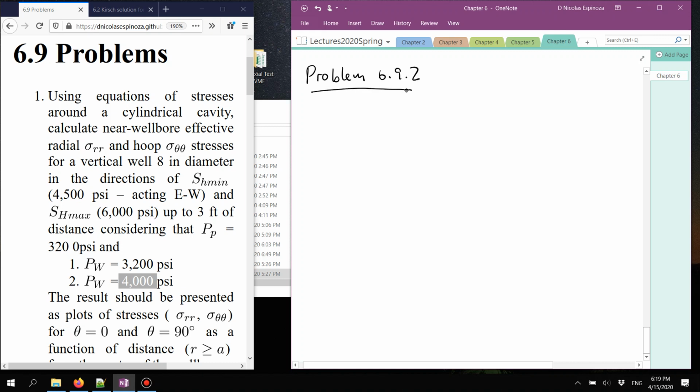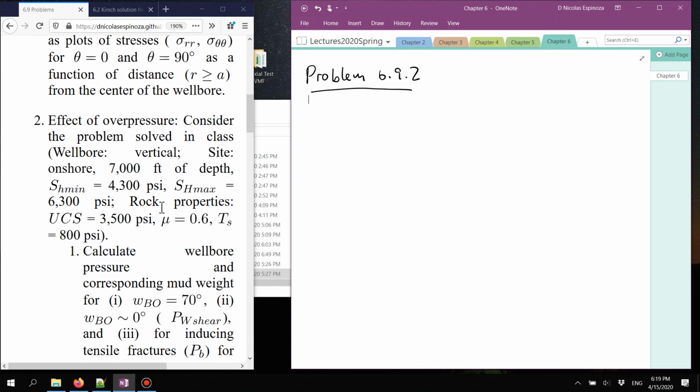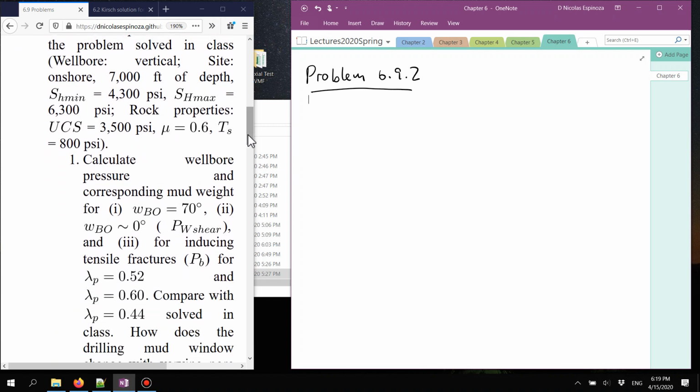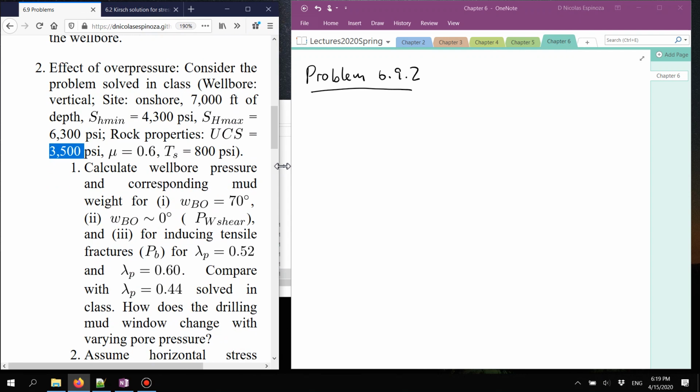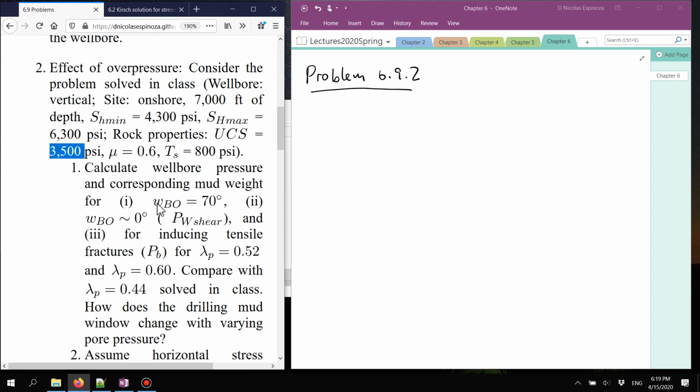You're going to see that you have exactly the same values of stress, the same depth, the same properties of the rock. Something new that you have in this case is that now you're going to have to calculate, for the first part of the problem,